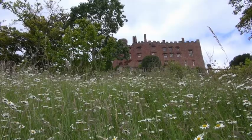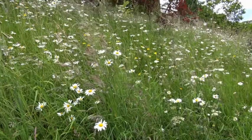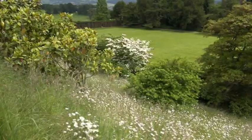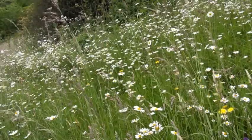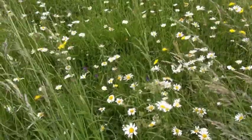So here we are at the bottom of the apple slope. Really steep slope, as you can see. Very hard area to look after, so it's left to wildflowers. Benefit of this is less mowing time. We'll cut it middle of July and then maybe 2 or 3 cuts afterwards, saving us a lot of work and producing this lovely sward. So early on it's full of primroses, daffodils, and followed by these fantastic oxeye daisies for the rest of the